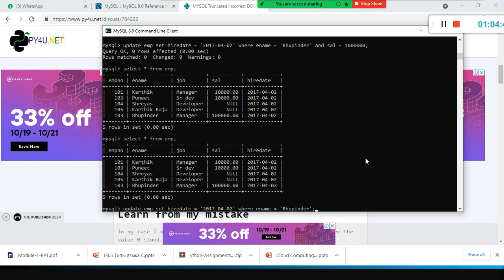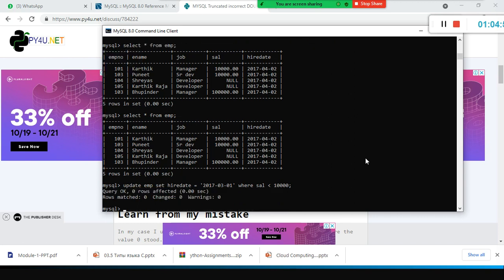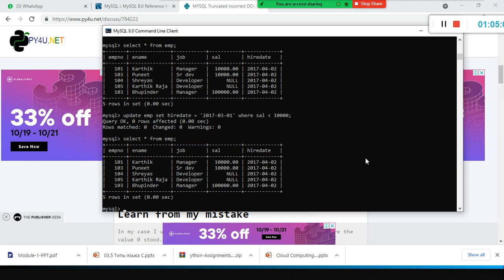Now I wanted to do the same thing for others. So, where hire date, for example, I say 3rd March, where salary is less than 10,000. Now use select star from here. See, here I made a mistake. Less than 10,000. My God. See, hire date is